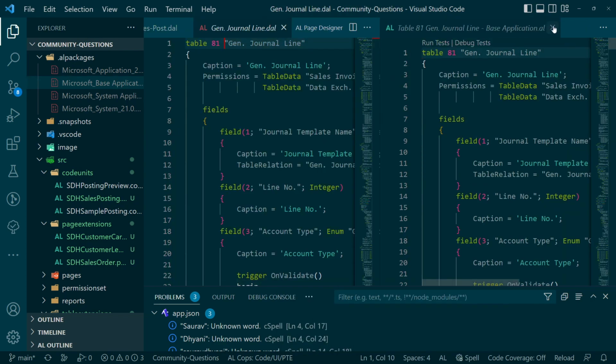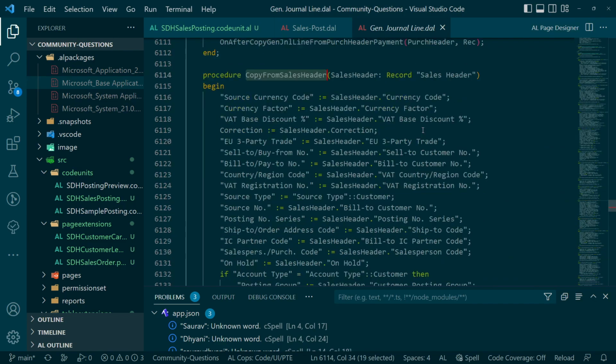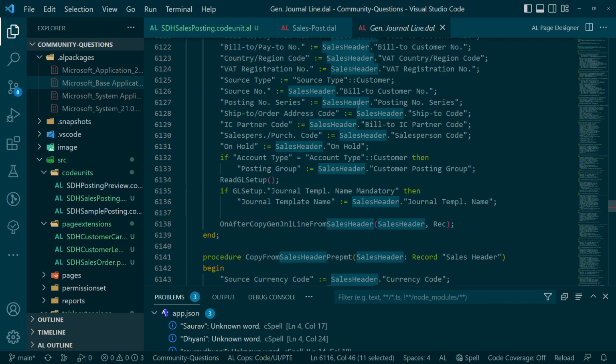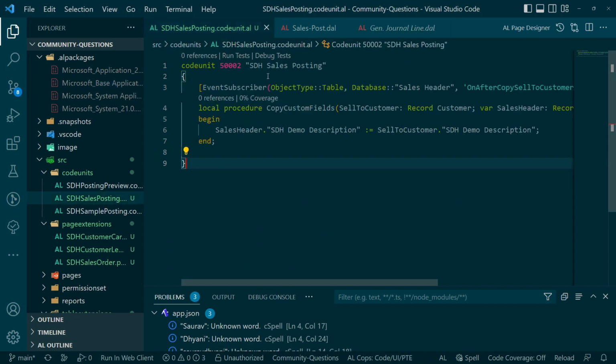So the journal line table should have a method which is copy from sales header. What it is doing, it is assigning the value on journal line based on the sales header. At the end of it, there is an event on after copy journal line from sales header. Looks nice. Let's pick this up. Come here